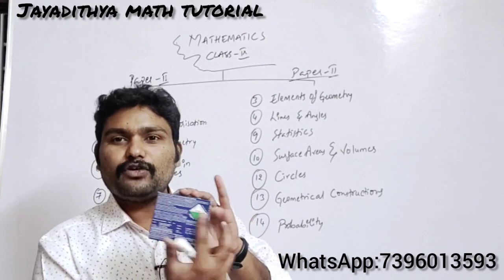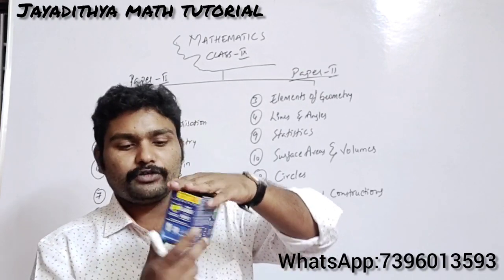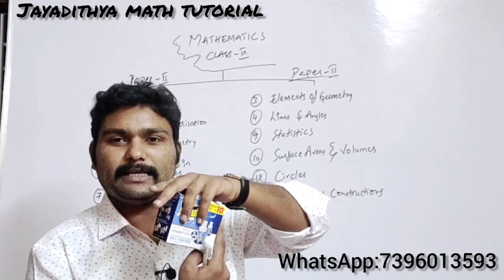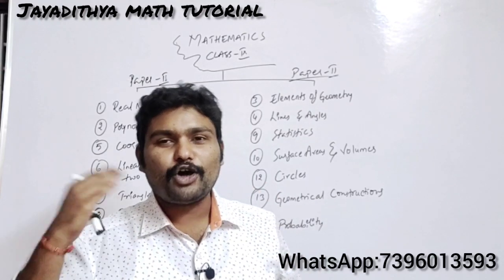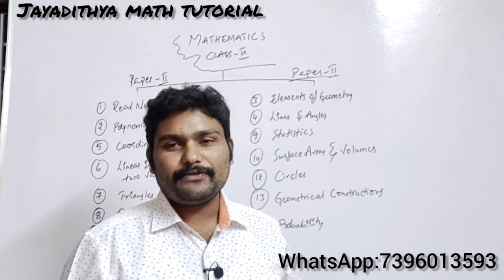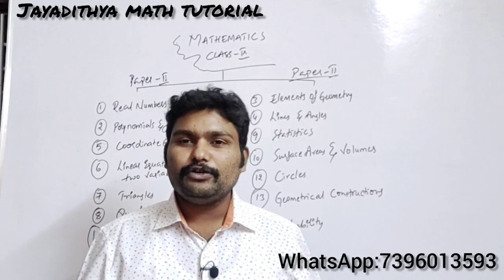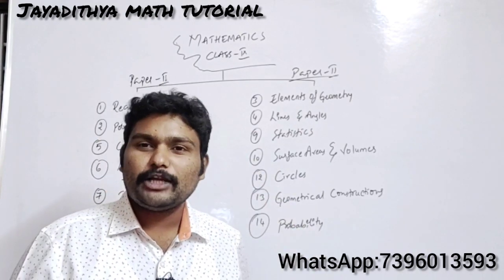If you find areas of only these 4 faces, since a cuboid has 6 faces, right? If you find the area of only these 4 faces, then this is called lateral surface area. If you add the area of the top and the area of the base to the lateral surface area, then you will be getting total surface area. And here you will be finding volume also. What do you mean by volume? What do you mean by area? You tell me first of all.